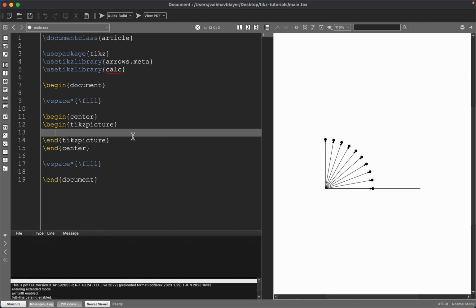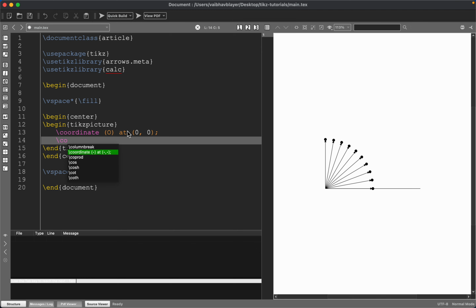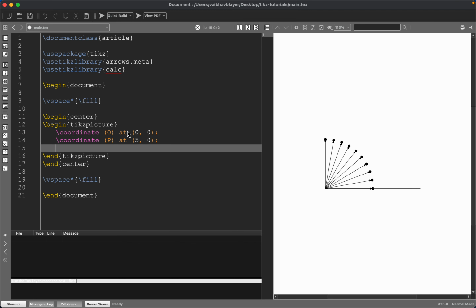Okay, so let's move on to the next tutorial, and we're going to continue some more calculation of coordinates. So let's define a few coordinates first. O at origin, and then again P at 5 comma 0, and let's say we're going to define another coordinate called